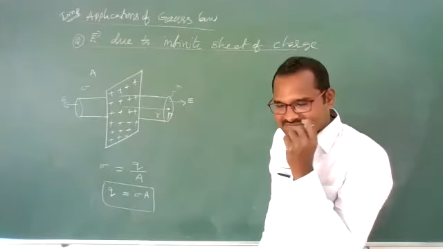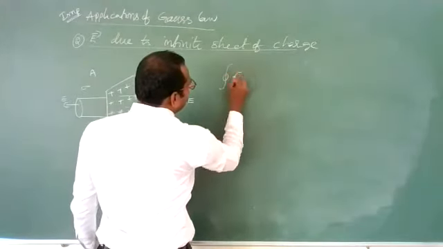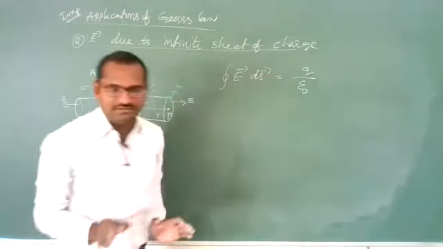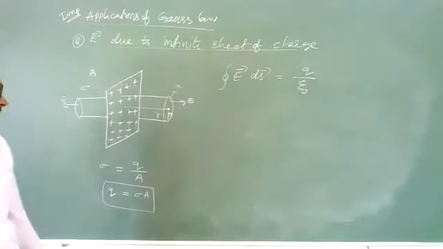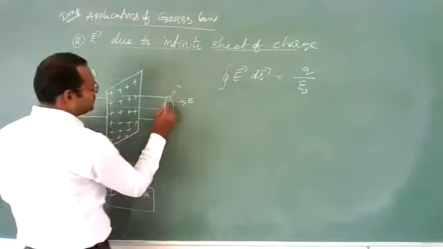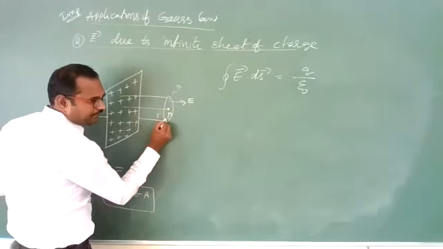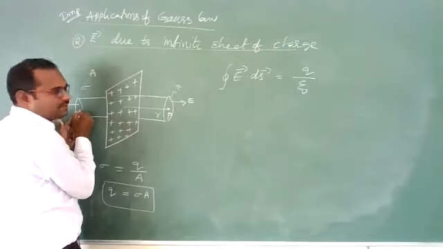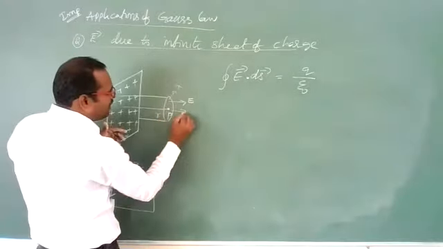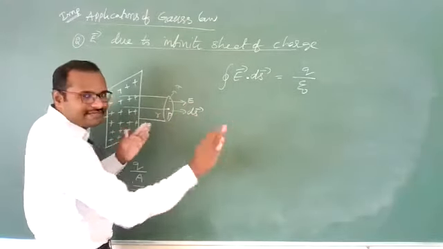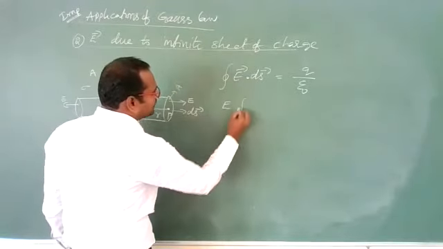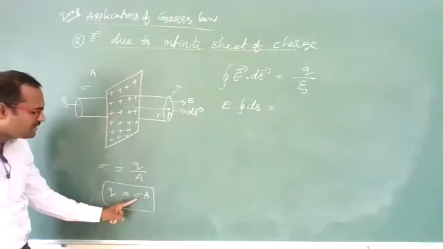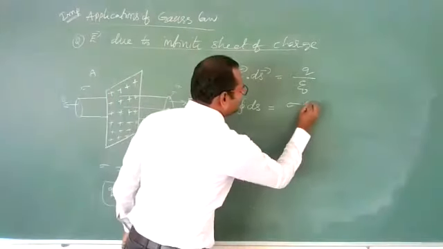Clear? Yes. Now surface integral of E bar dot ds bar is equal to Q by epsilon naught. This is the formula according to Gauss law. Now here electric field is uniform at this distance r and r distance, constant, and dot product is removed as ds bar and electric field both are in the same direction. So you can write E into integration of ds is equal to Q. How much charge is there on the sheet? Sigma into A. Yes, sigma into A by epsilon naught.